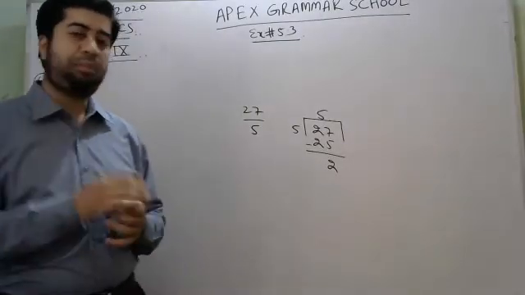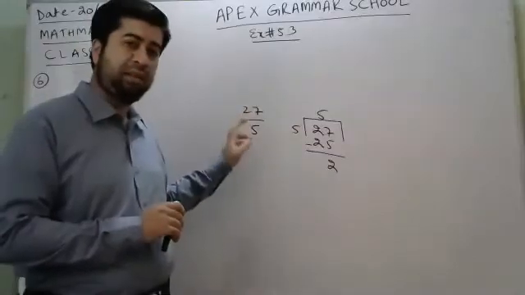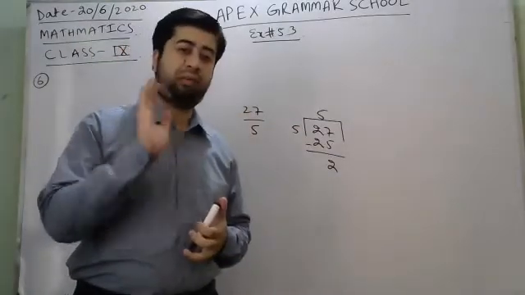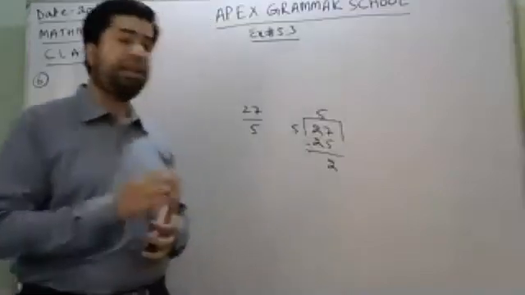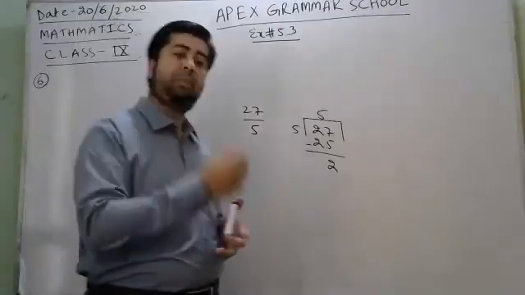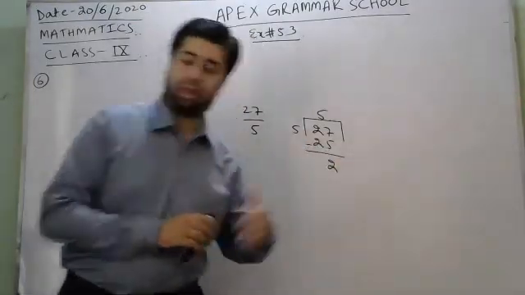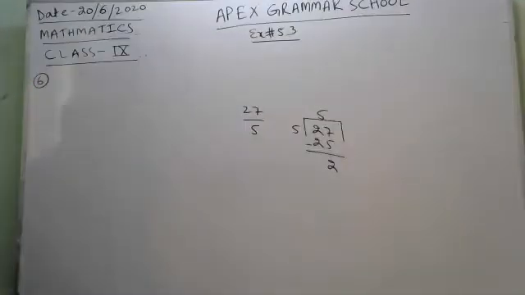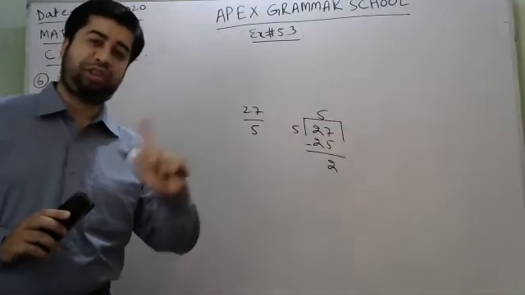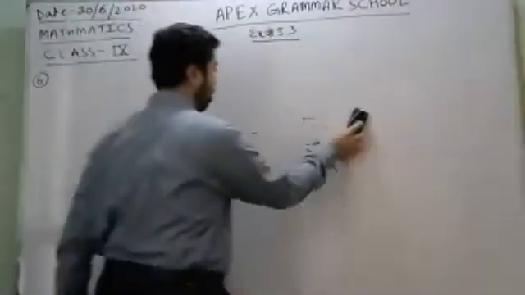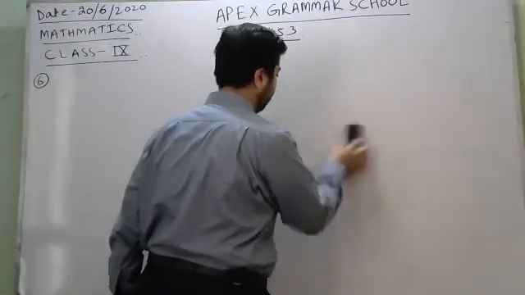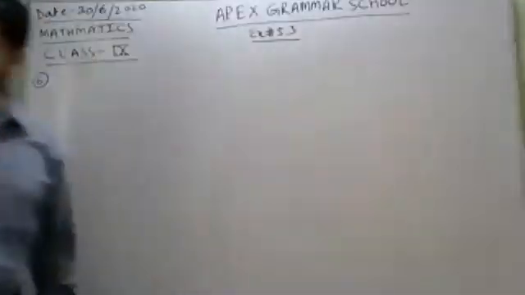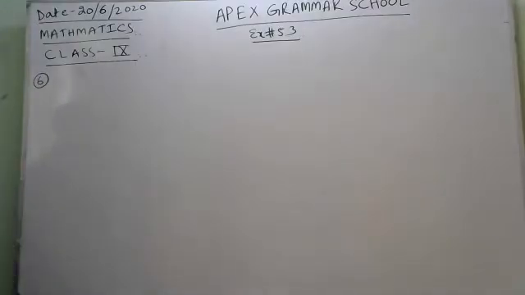If any number is not totally divisible by any other number, then it is not a factor of that number. It contains some remainder like 2, like 3, or whatever it is. So factor means its remainder is 0. So now we are going forward. If you have understood this concept, we have already done question number 5. Now we are going to do question number 6.